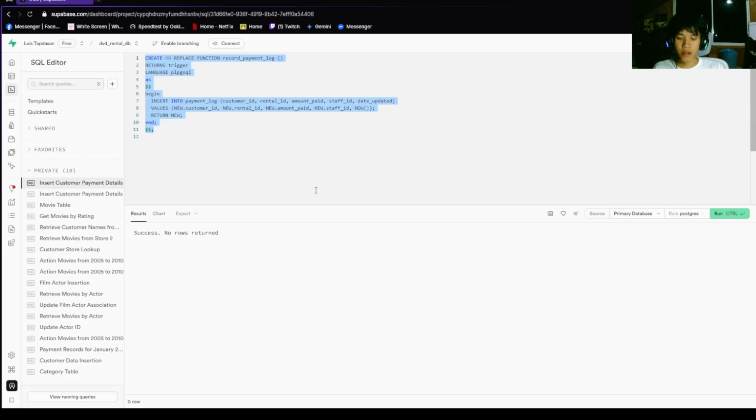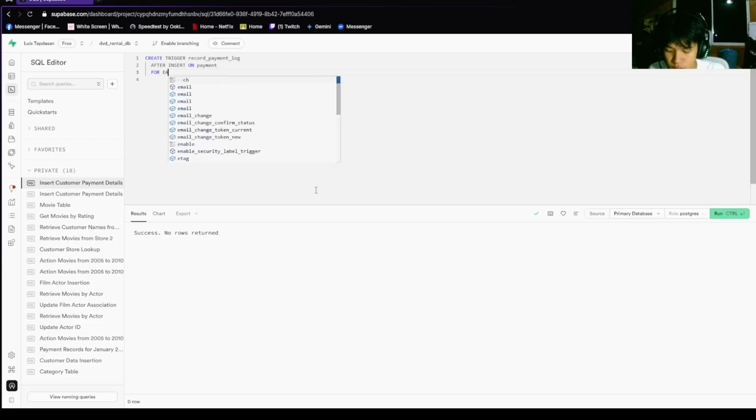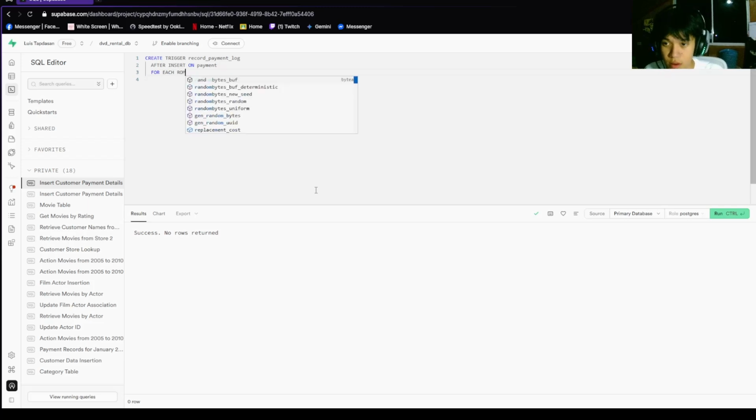And after running the code, let's create a trigger. Create trigger record payment log, and then after insert on payment for each row.